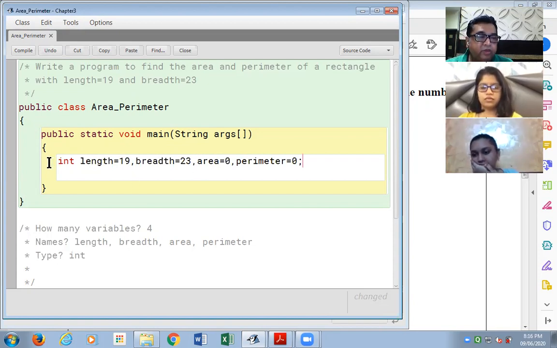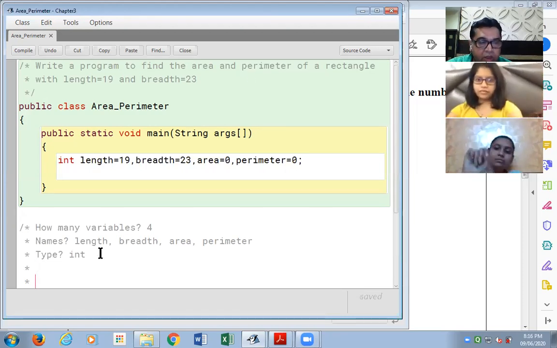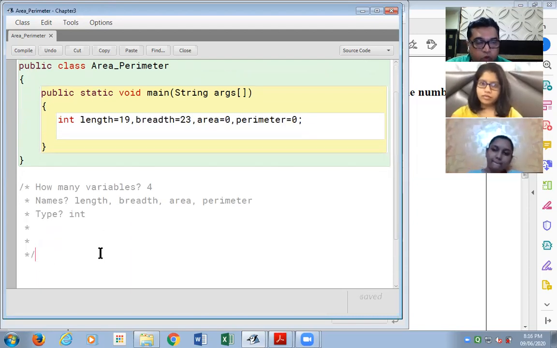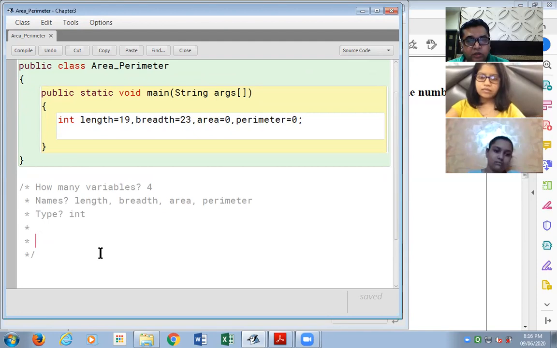Now declaration, the first statement. Now one more thing I remind you. In my very last program, area of triangle 3, I had shared it with you. I had written the flow of my program. So just remind me the first step in the flow of our program. What is the first step?